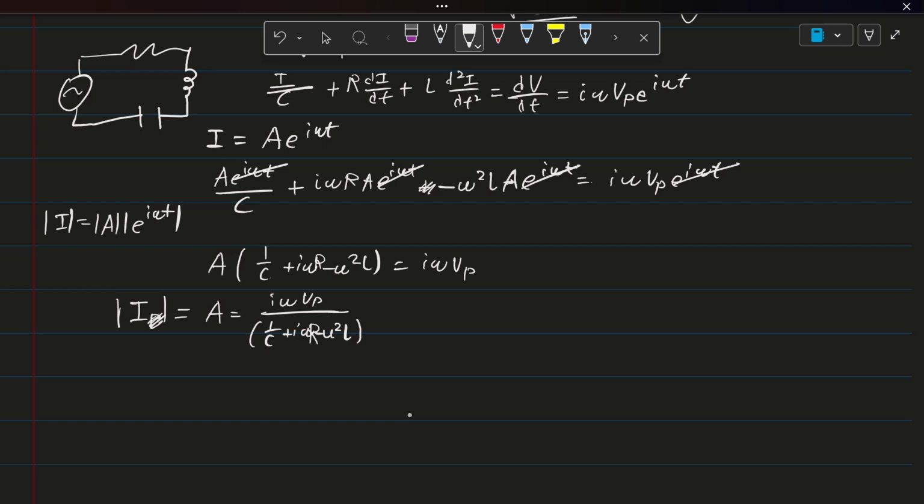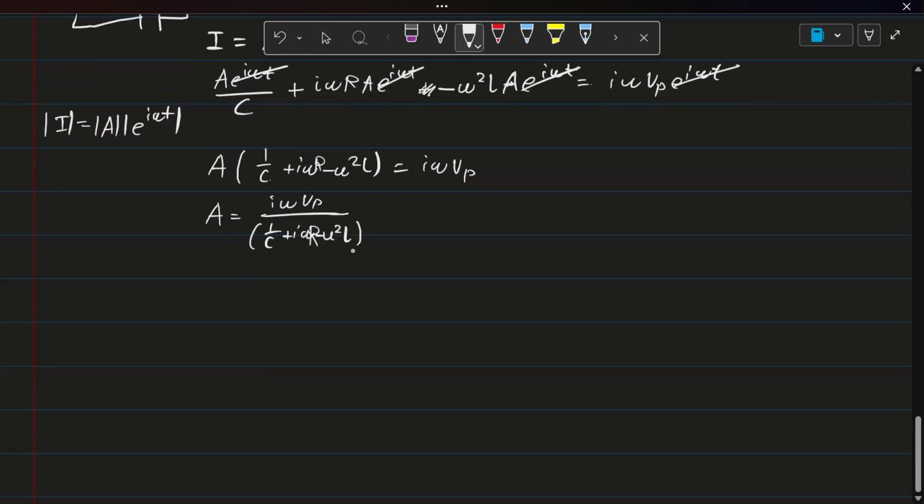The absolute value of I, no, sorry. So we'll just figure out what is A first in order to figure out what's the absolute value of the I, with which we could determine what's the peak. So an easy way to simplify this is that we could actually divide the top and the bottom by I omega. This will obtain Vp over